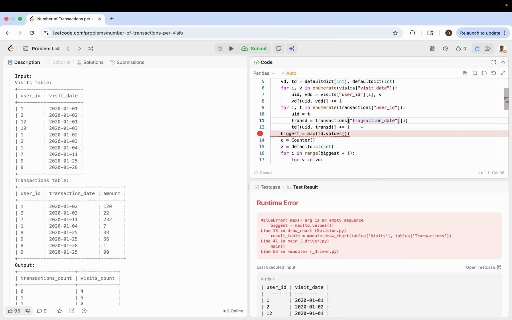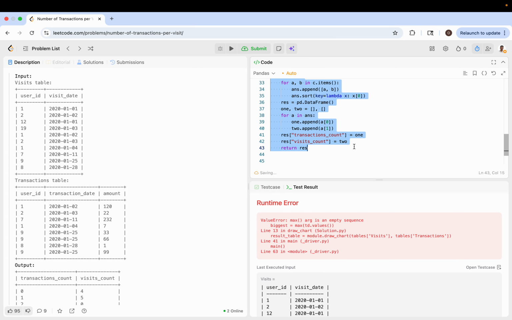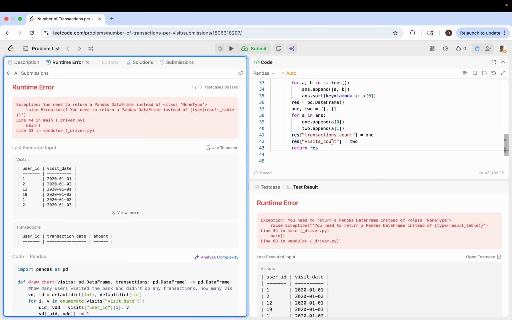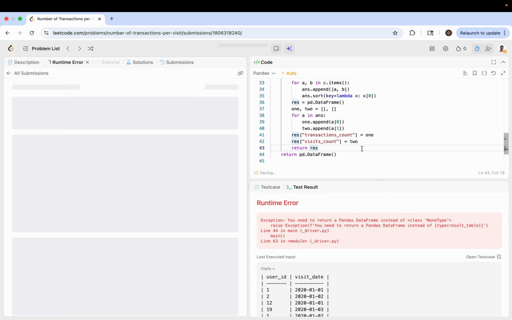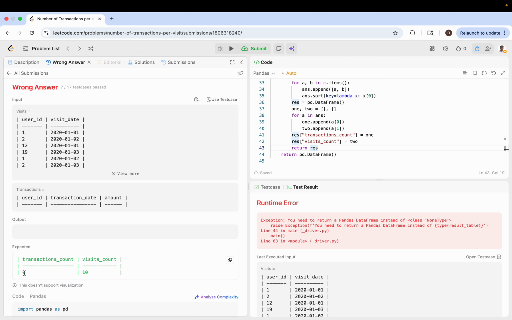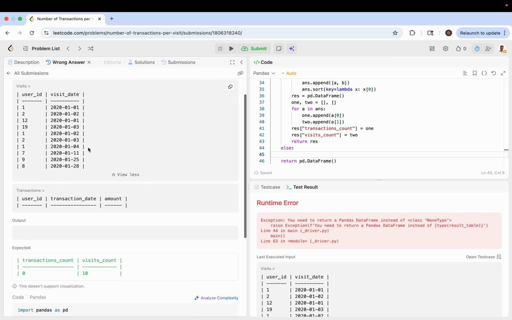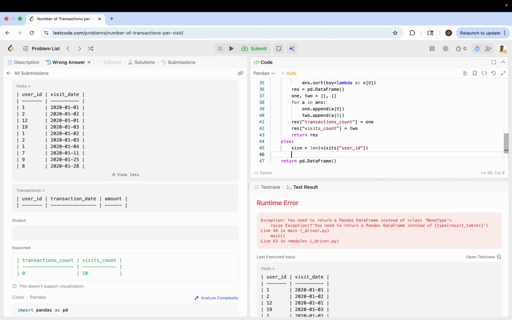Okay, so if TD even has any values, then we do this, run this. Okay, submit it. Otherwise, let's return an empty data frame. But then there are a couple edge cases. So if otherwise, we just want to say whatever the size is, just length of visits user ID, and then we just put results empty data frame, results of